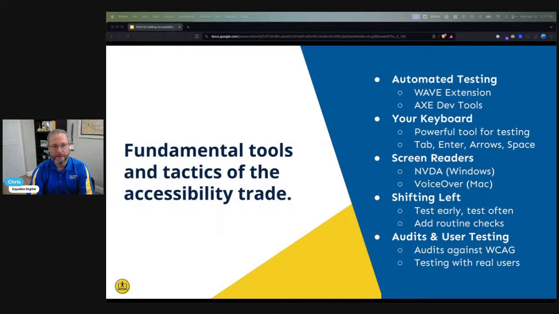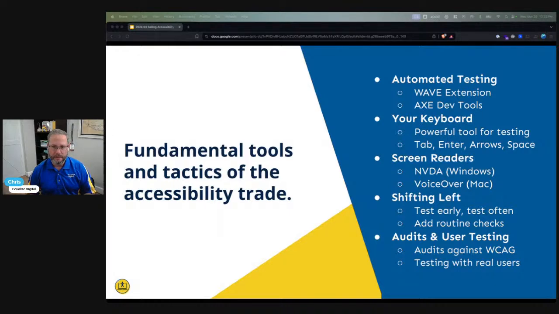But we do have a lot of training resources available that I can point to, and I am aware of a few different respected third-party resources for each one of these: for training on screen readers, training on keyboard testing. We have a checklist for shifting left with accessibility, which I'll go into. So there's a lot that I can share here. If you want to send me an email or reach out after the presentation, I'm happy to do that.